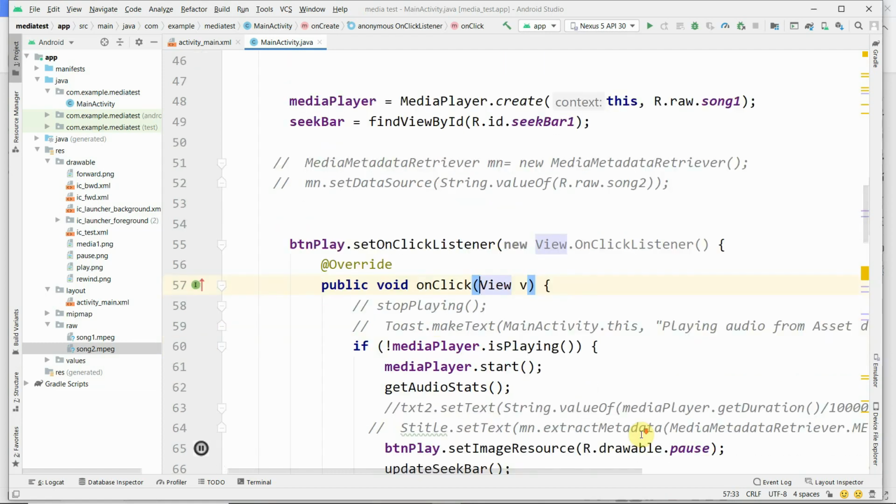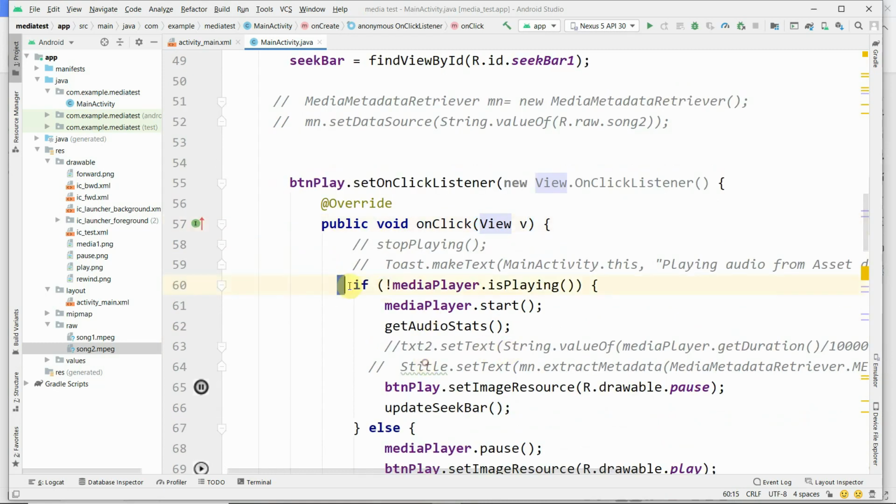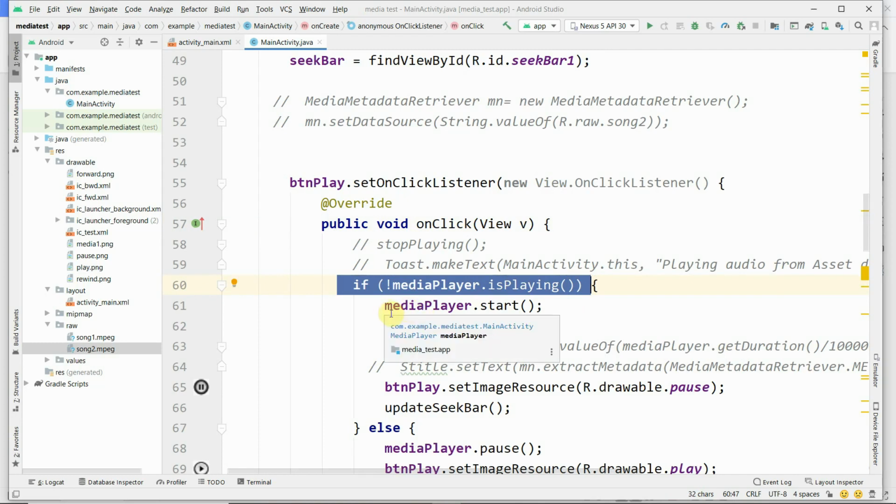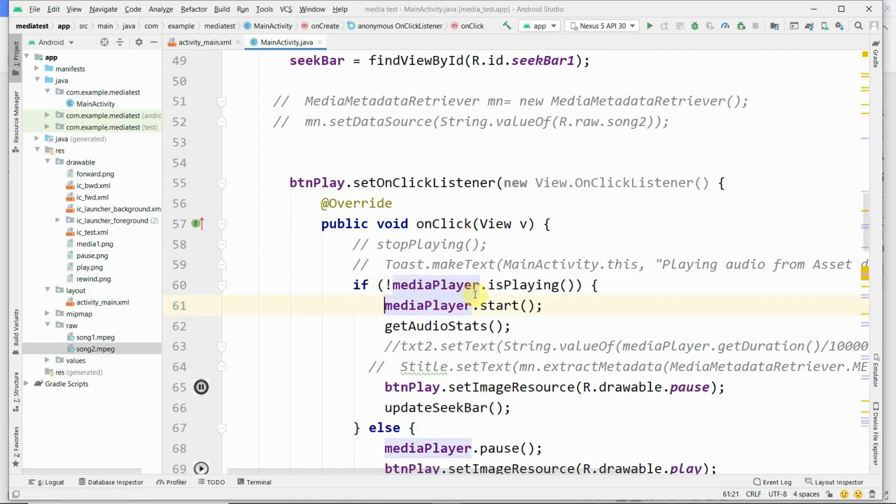Then if not mediaPlayer.isPlaying, if the media player is not playing, is not started, then you have to start the media player by using the mediaPlayer object's start method, and then getAudioStats is the method you are calling. What's the necessity of the method getAudioStats?